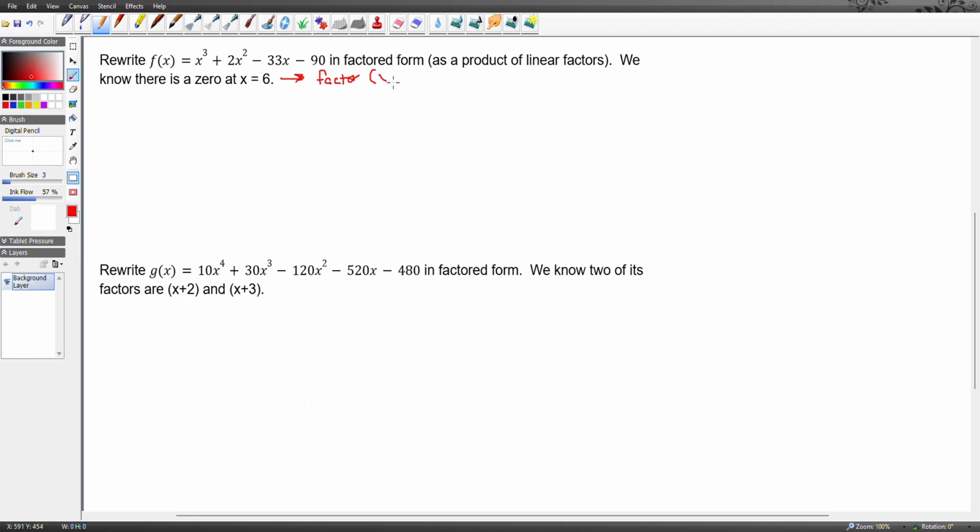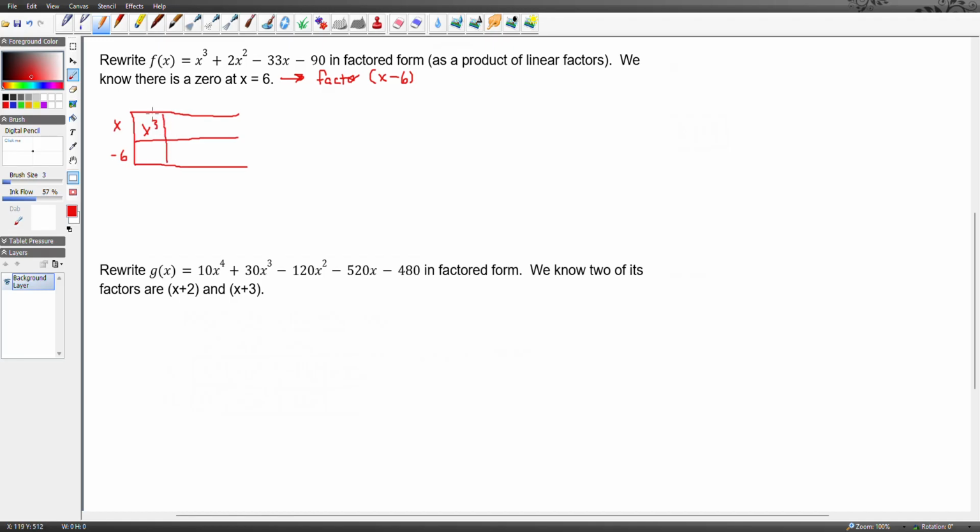Because if I put x minus 6 as one of the factors, and I put 6 into that problem, it would create a 0 there. So first thing I'm going to do is divide by x minus 6. Since that's the factor I know, that goes along the side. x minus 6. And then I'm going to fill in the boxes with these terms here to figure out what the other factors are. So I put x cubed in the first box,